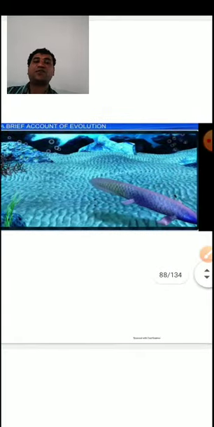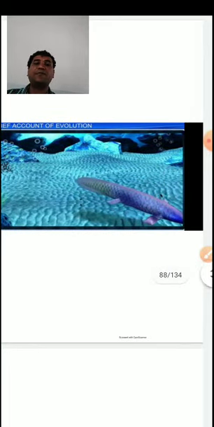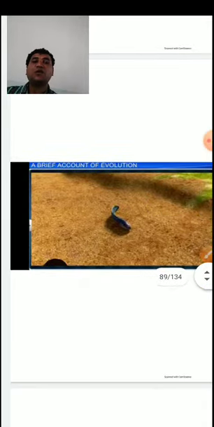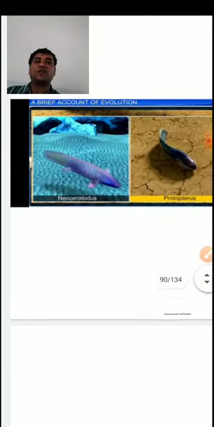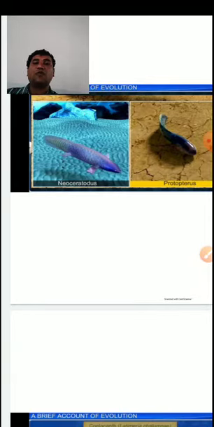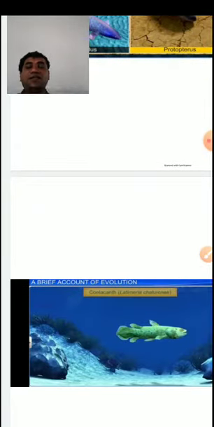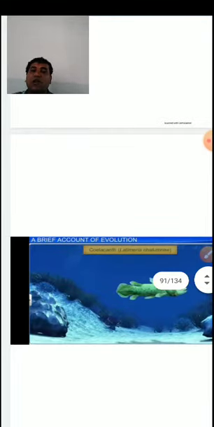Whatever fish you are seeing here is an ancestor of the vertebrates. So this is also called lungfish, like Protopterus. And you can see that the Coelacanth is the fish which was considered to be extinct, but which is also known as the